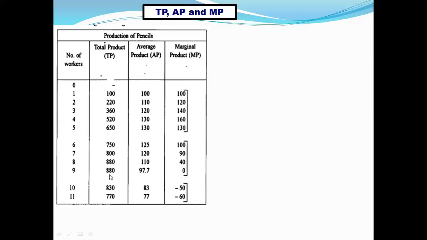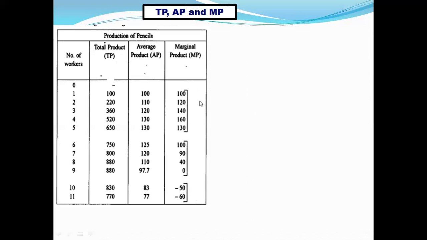And then after the 9th unit of labor, that is when the 10th unit of labor is employed, TP has started decreasing. So TP is maximum at this point, then it has started decreasing. When TP has started decreasing, we can see 830 minus 880 is what? Minus 50. So MP has become negative. So initially total product increases at an increasing rate till the 4th unit of labor. Then total product increases at a decreasing rate in this part. Then TP is maximum and then TP starts decreasing. So here we can say MP is increasing, thereafter it is decreasing, becomes 0 and then becomes negative.